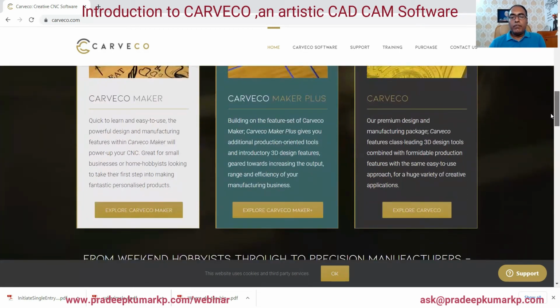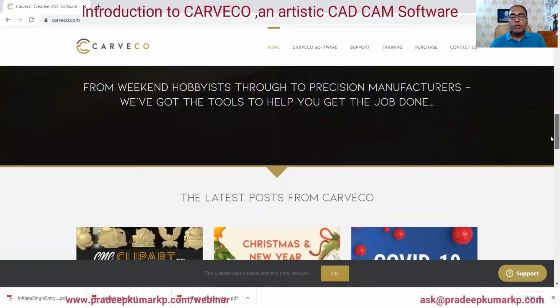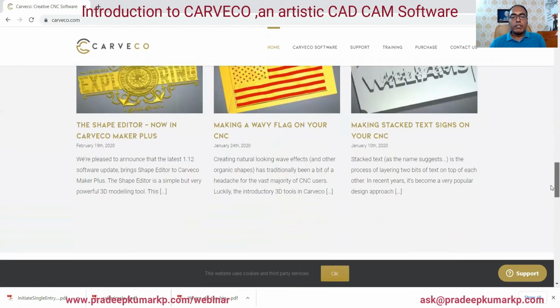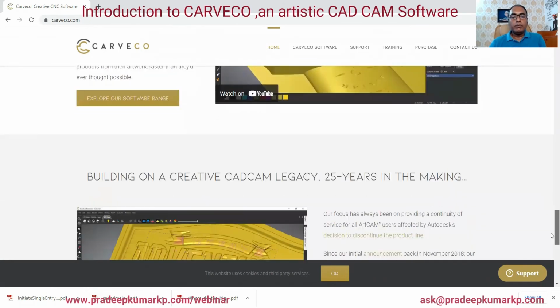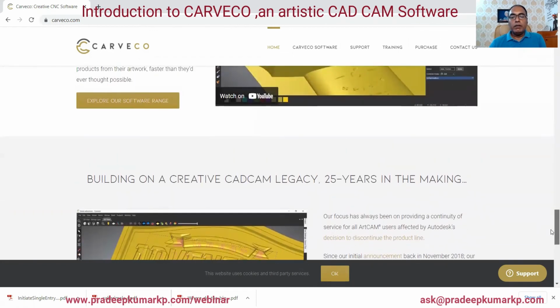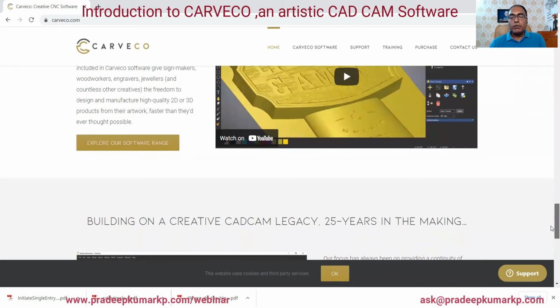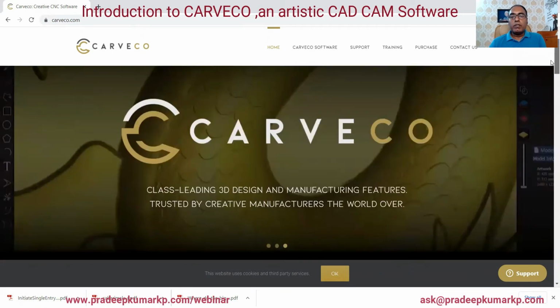So these are the three different products available in Carco. If you visit their website, you will get more information regarding the software. They are bringing the legacy of 25 years in the making. That is what they claim.